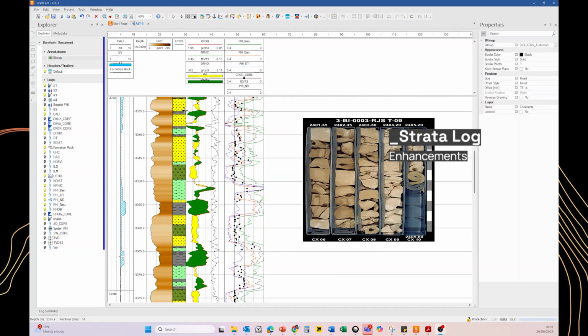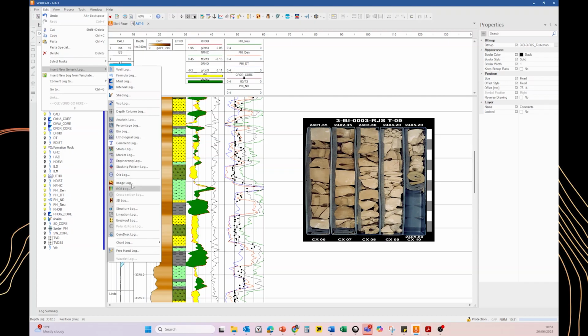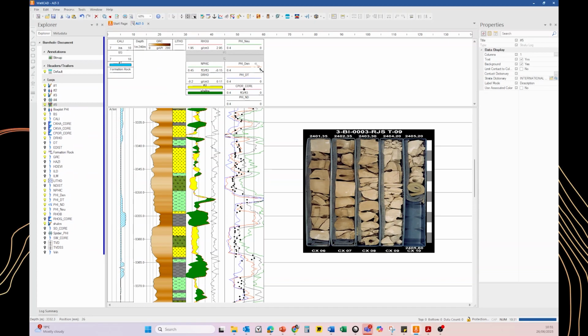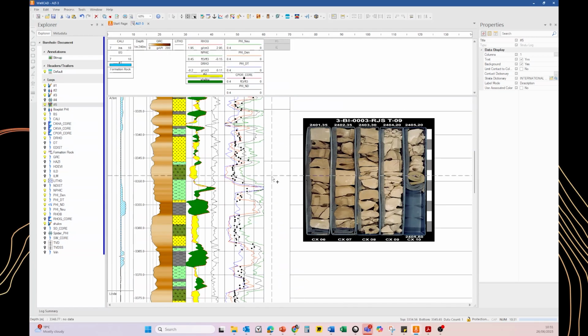Another enhancement relates to the strata log display. We can insert a new strata log in WellCAD. First, we add a new dictionary and add a few new entries.